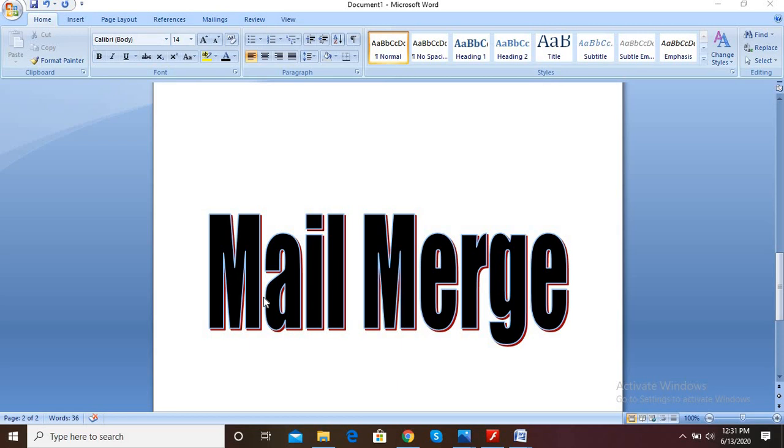Now think of a situation when you want to send a personalized invitation to your birthday party to all your friends, or you want to send New Year or Diwali wishes to your friends and relatives, but creating an individual letter for each one of them would be a tedious job. To handle such a tedious job, MS Word offers the mail merge tool, which helps to automatically create personalized letters using the information about your friends and relatives stored in a computer.